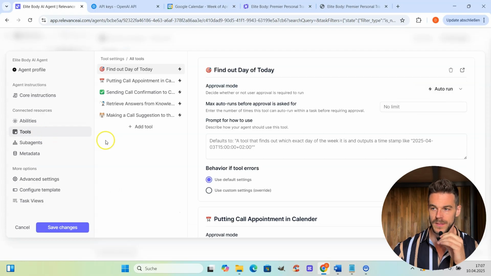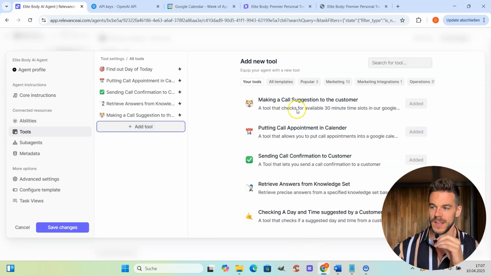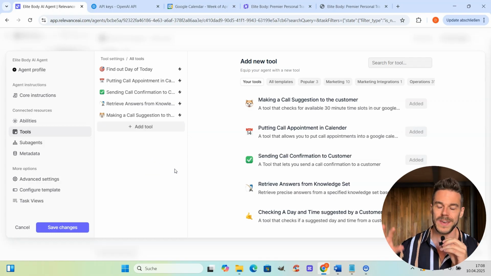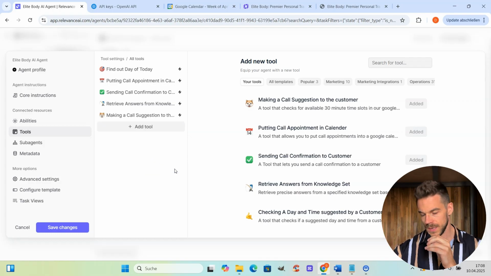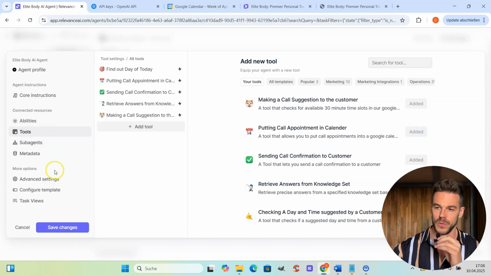When we click on it, you come to a screen like that. And here on the left side, you see all the tools available for that agent. And if you want to add another tool, you just click here on add tool, and then you can select out of the tools you already created or of the default tools already available by Relevance AI. So keep that in mind. We will also look into the structure of all these tools in a minute, but let me finish first here with their